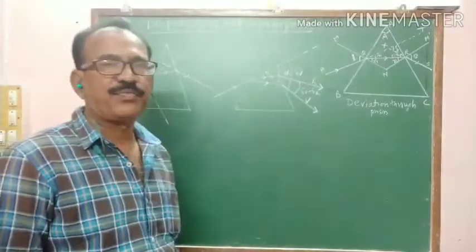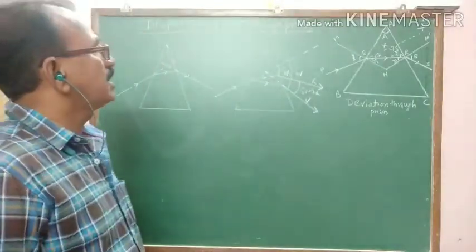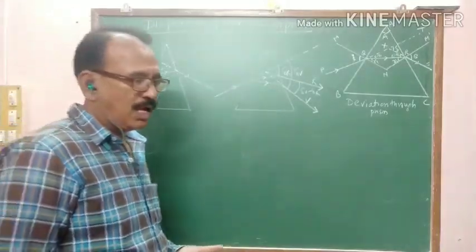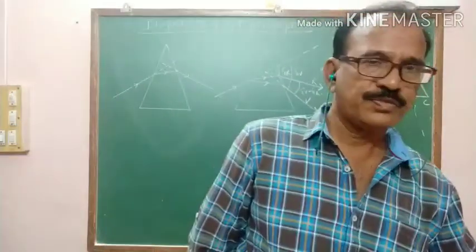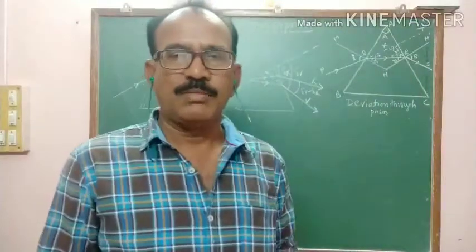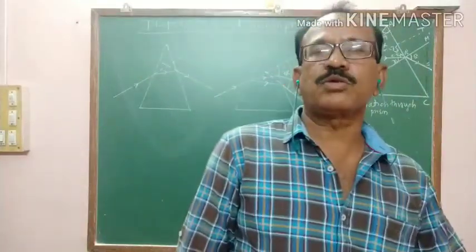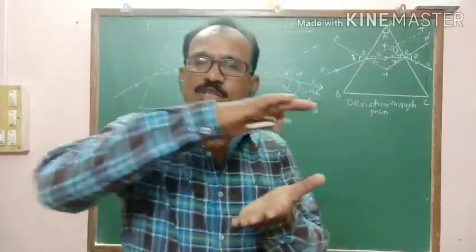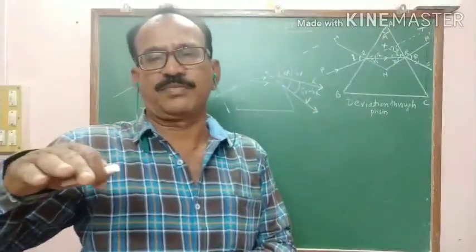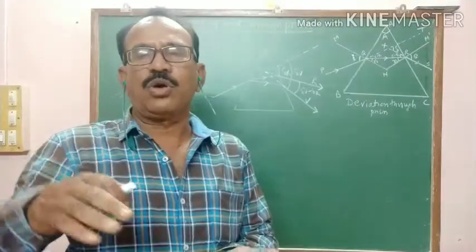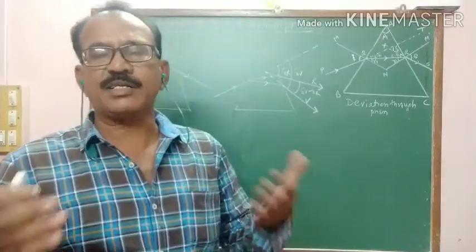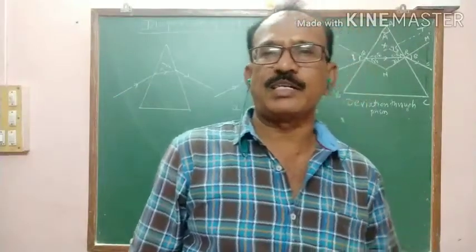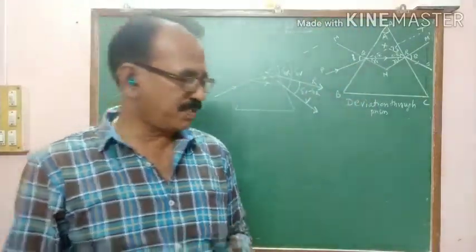Now today we are going to see the dispersion of light through the prism. I have already shown you this is the prism, because we are not able to study properly the dispersion of light through the glass slab because there are 2 parallel surfaces. So due to that we are not getting clear-cut dispersion. So we will get a clear dispersion of light when light passes through the prism.